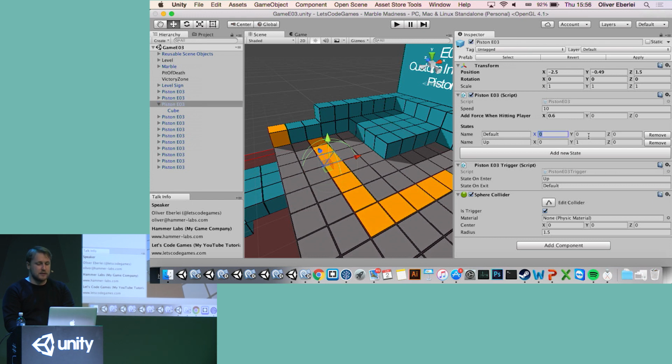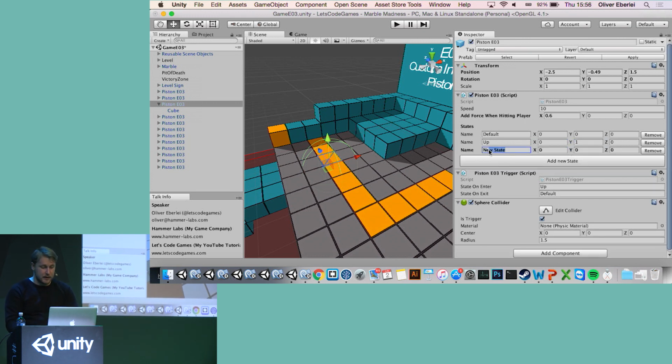And then I have an up state, and basically the cube just moves 1 unit up. And I can add new states, for example just move to the left, and have it move 3 units to the left. And if I change the on enter to left now, we can press play.